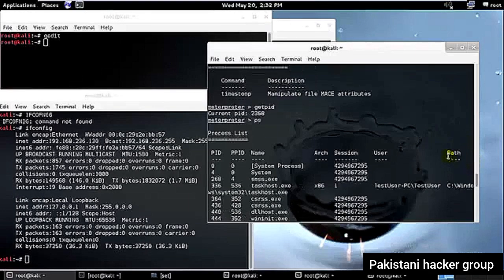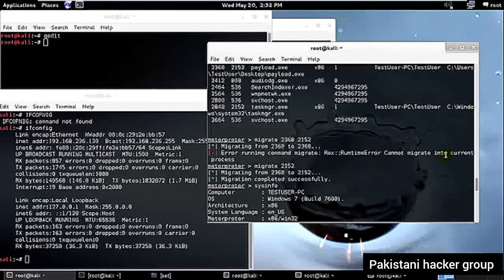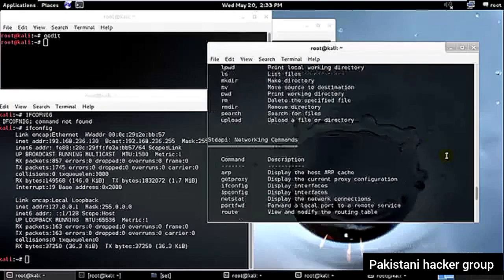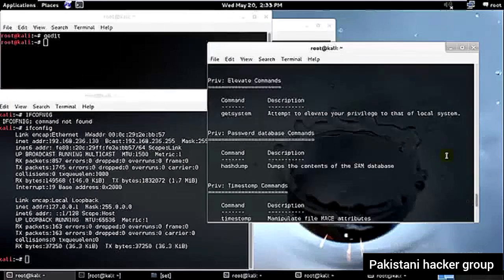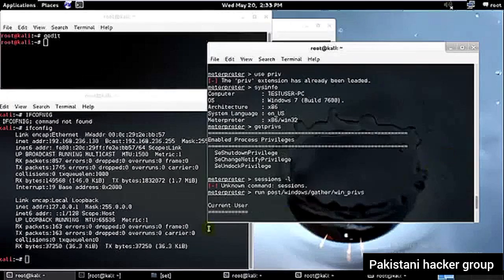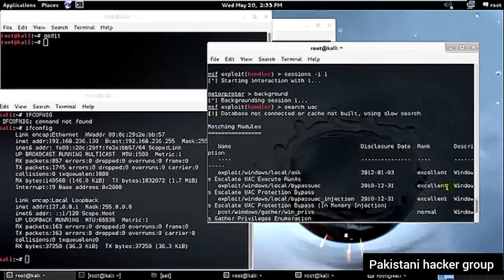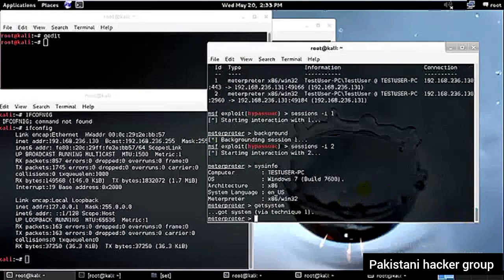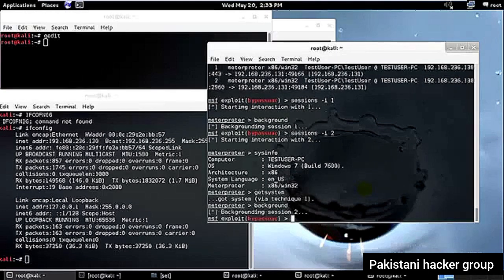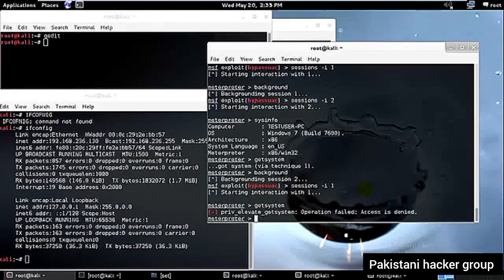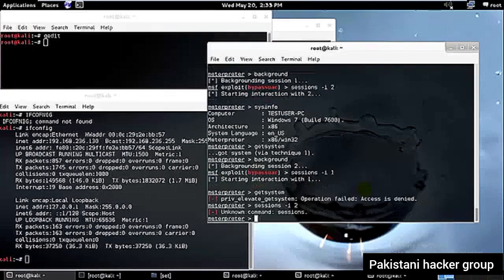Or rather than searching for this, I have a better idea of actually showing you. Let me just check. Okay, so when I tried getprivs previously, it only gave me these privileges. And right now if I background this session, and if I use this session 1, and if I type getsystem, it won't work. The reason being that I do not have the system privileges over here, whereas in session 2, okay,